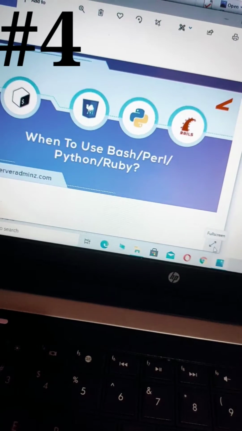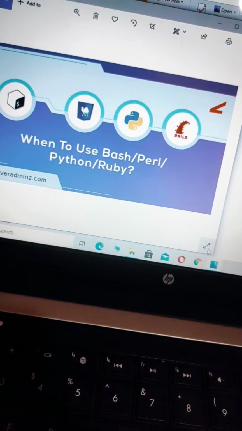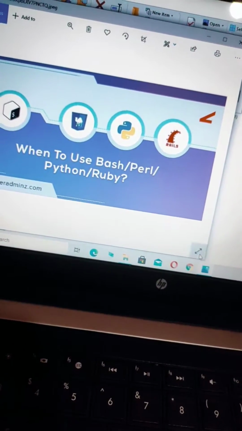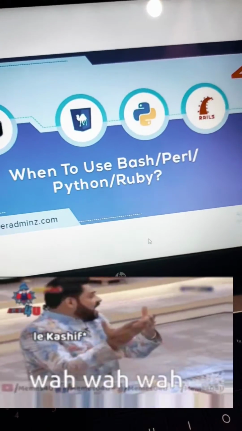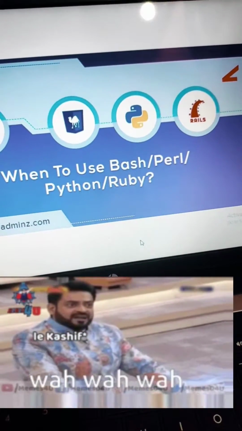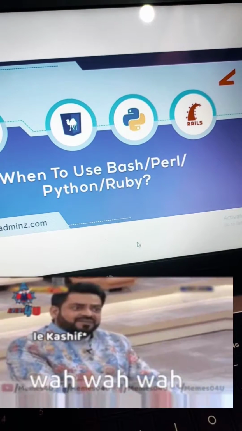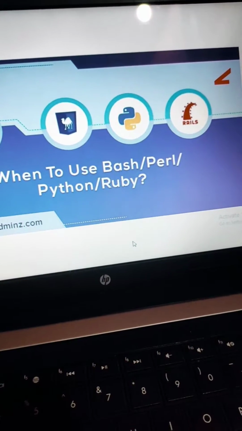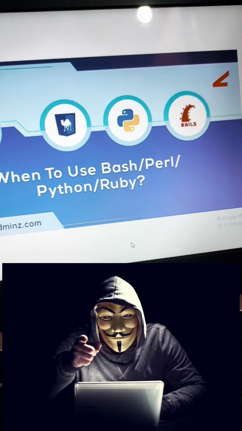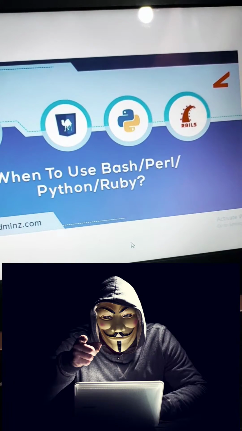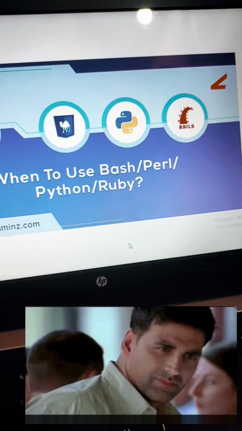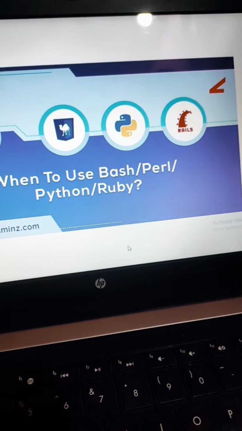The fourth programming language is Python, Ruby, Bash, and Perl. Its purpose is for building tools and scripts. They come in handy when you need to develop automations, tools, and scripts. The knowledge gained can also be used to understand and customize the already available tools written in Python, Ruby, Bash,